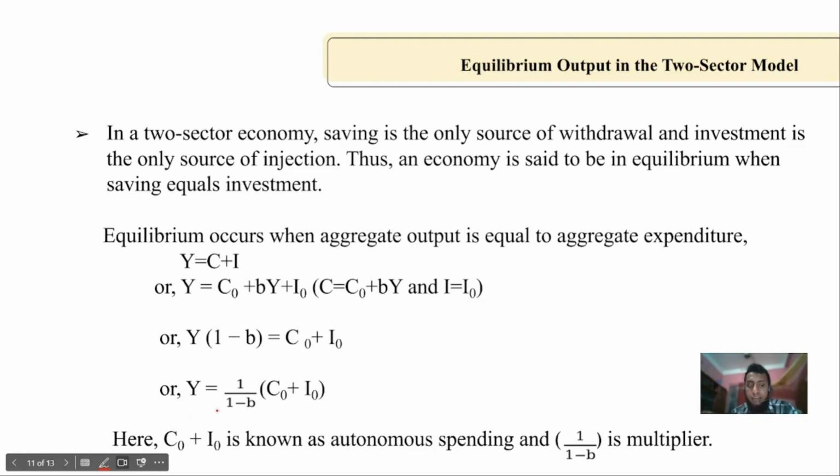Then we rearrange it and we can write Y equals 1 divided by 1 minus b times (C naught plus I naught). Here C naught plus I naught is known as autonomous spending, and 1 by 1 minus b is the multiplier,